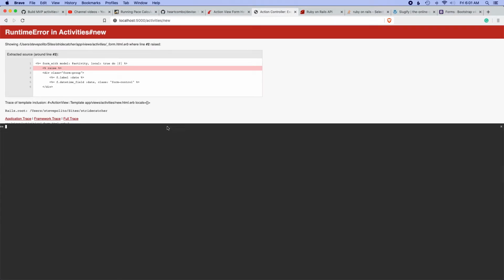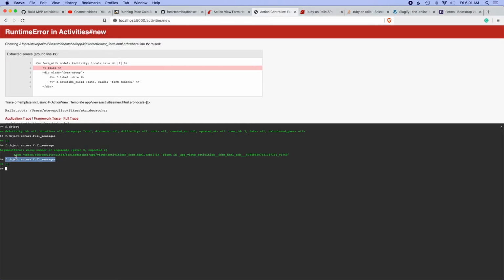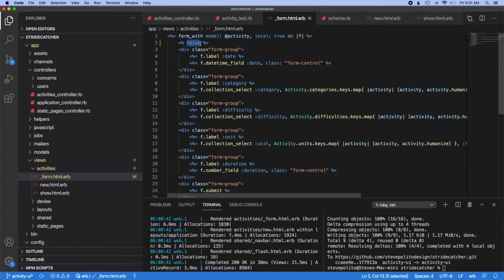So if I just want to see what's on the f, I think f.object. So f.object represents activity. So I think we do f.object.errors. Can I do full message? So this is kind of our magic thing here. So let's just do if f.object.errors.any